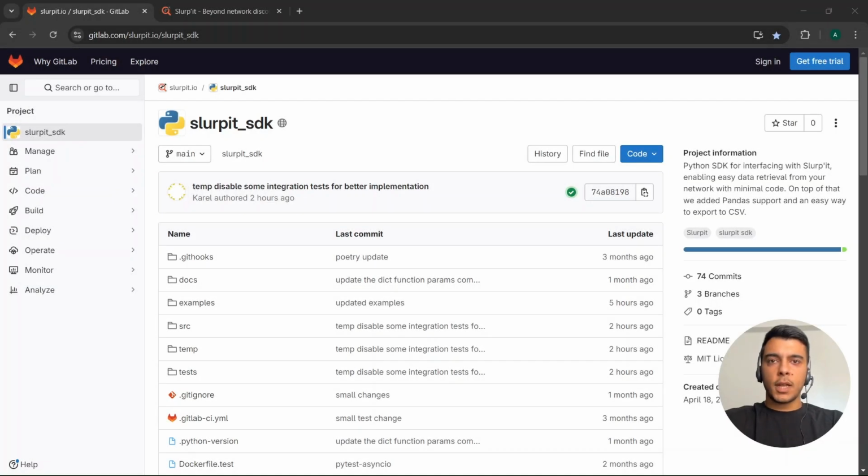This is going to be an introduction video to our newly released SDK. So we recently published our SDK and you can access it from our GitLab page. From the official GitLab page, there is a repository called Slurpit SDK and you can clone this project. We have a lot of examples in it. You can install the SDK using pip and you can start working with Slurpit using Python as opposed to graphical